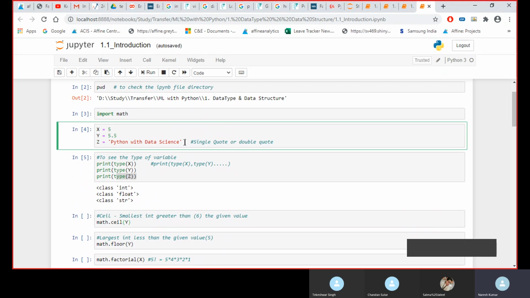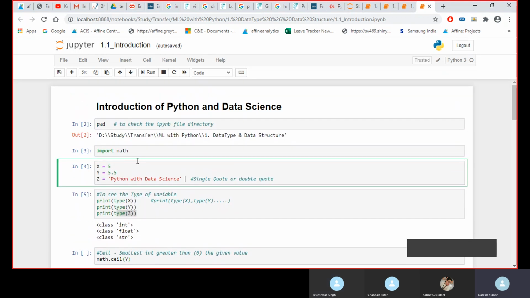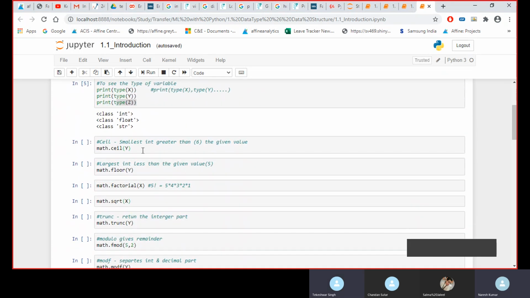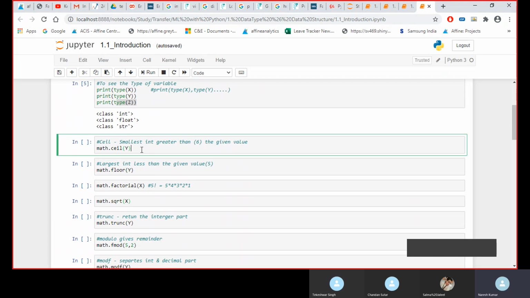Either you look for addition, subtraction, factorial, or some kind of upper value, lower value. Those kinds of manipulation we would be doing with these kinds of data types. So for that manipulation we would be using this package math. For example, if you see this cell, we have math.ceil as y.